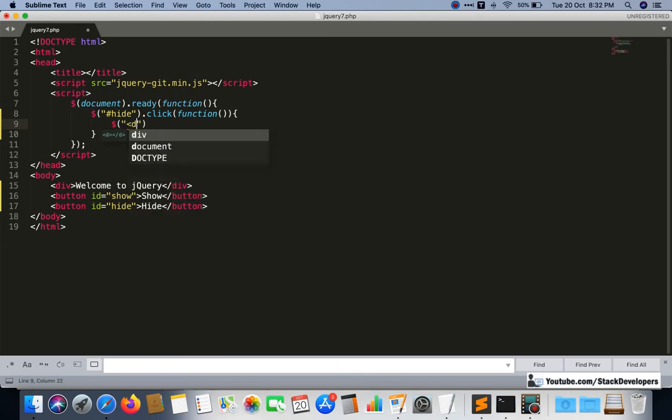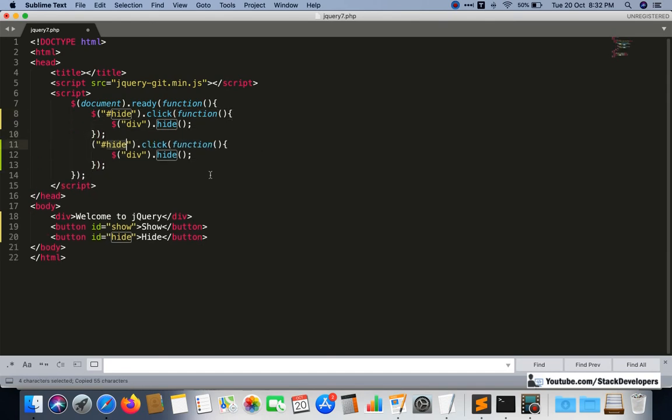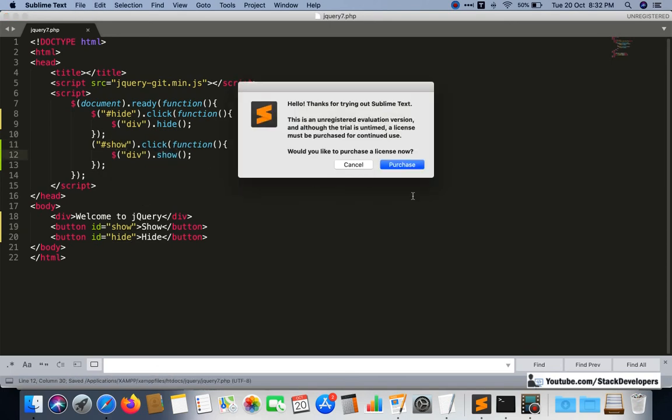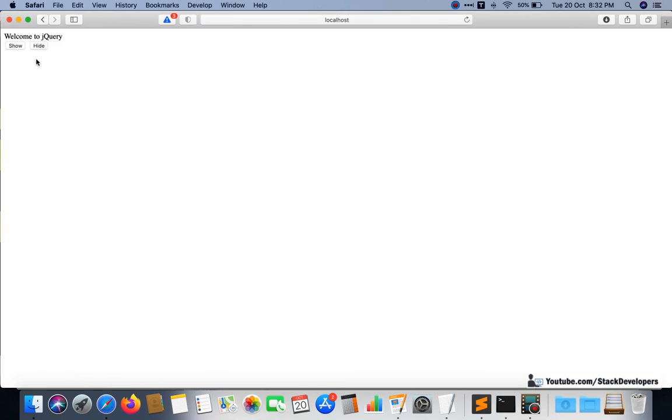We have only one div, so we hide that HTML element. In the same way we are going to show the div.